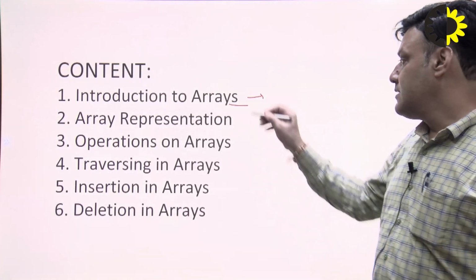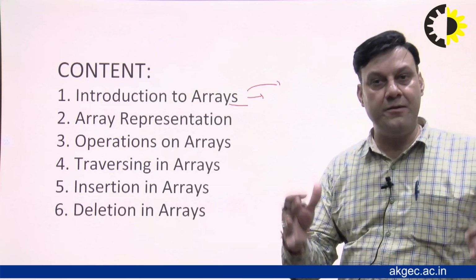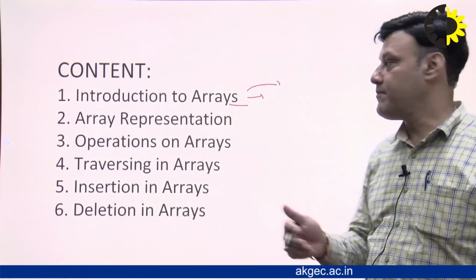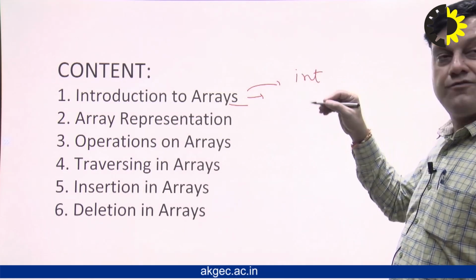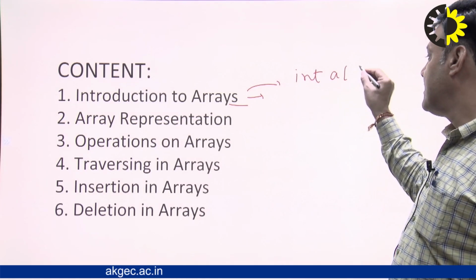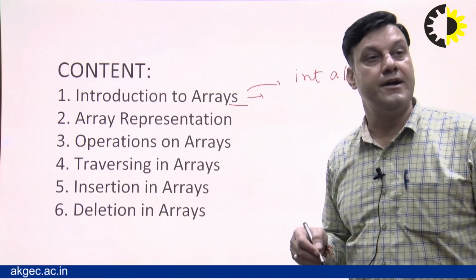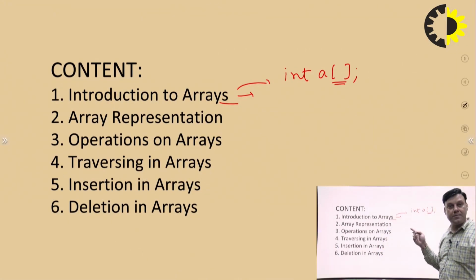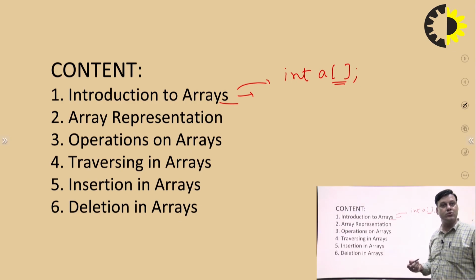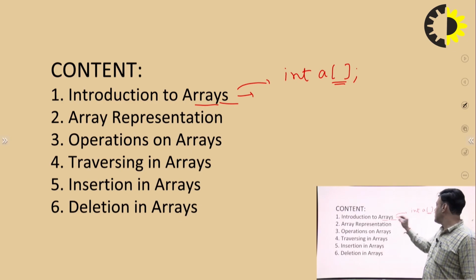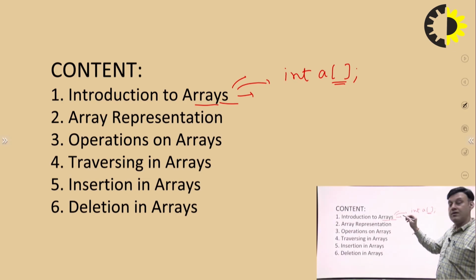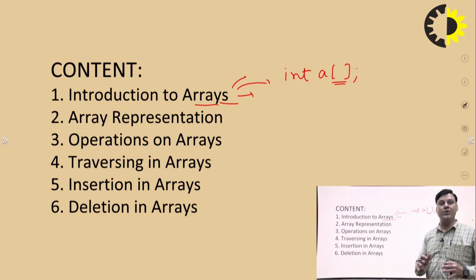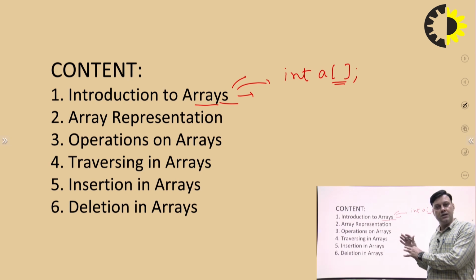What are arrays? Whenever we want to store similar type of elements with a single name, we declare a variable as an array type. How will you recognize that you have declared an array in a programming language? Whenever you see square brackets: 1 square bracket is a 1D array, 2 square brackets a 2D array, 3 square brackets a 3D array. And what is its importance? In data structures, we need to know about the memory allocation of all the data structures, how they store elements.